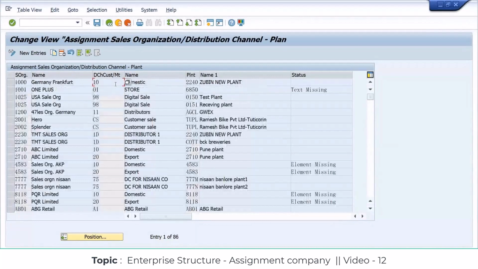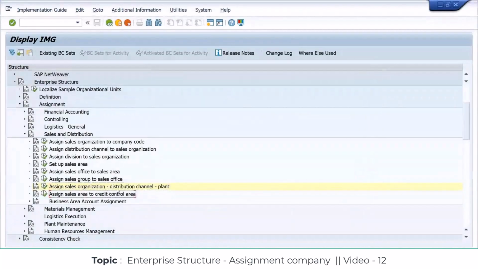Now once you're done with this, this is going to be the final step in the SD module: assign sales area to credit control area, the SD and FI integration, because the credit control area will be provided by our FI team. We need to assign that credit control area. In case you create a customer using any particular sales area, which credit control area is going to be responsible for fixing the credit limits? So if you click on this one, assign sales area to credit control area over here,